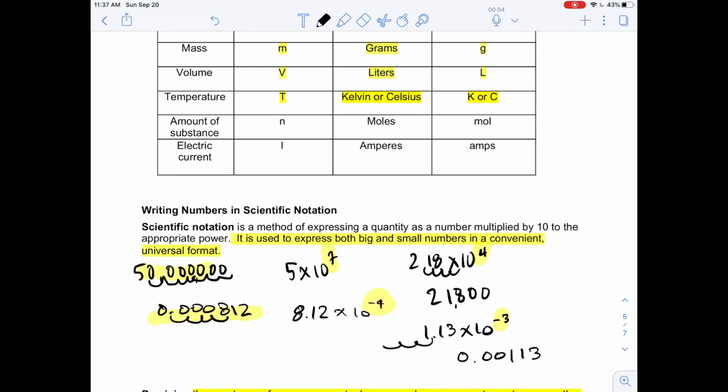So there's a quick review of scientific notation. I think you probably have done it before, but if you haven't, hopefully that helps. And there's some practice you can look at if you refer to your weekly guide sheet. Okay, this has been fun. We'll see